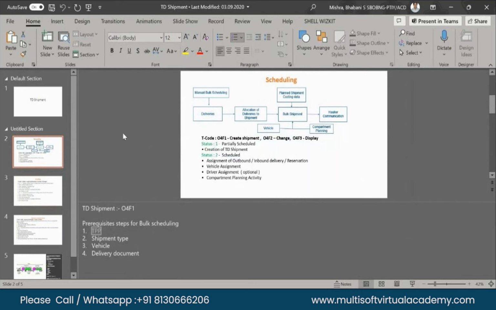It is used in the scheduling part, like your vehicle master. Before creating the scheduling, you need to create the vehicle master, driver details, and compartment details. You should have